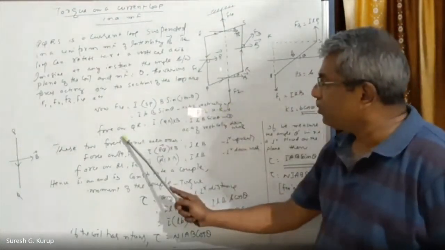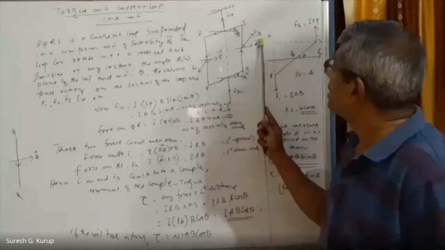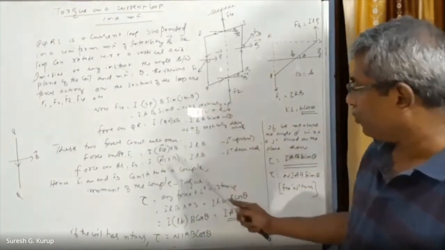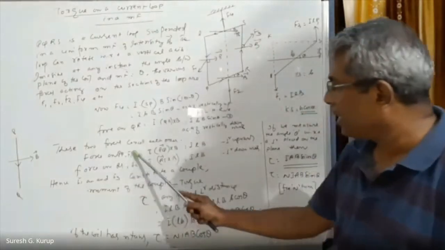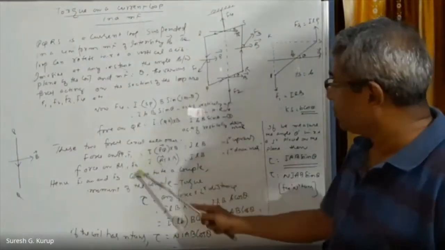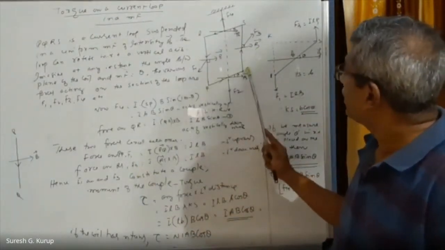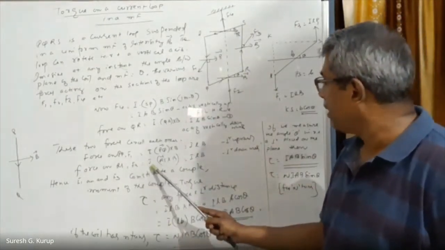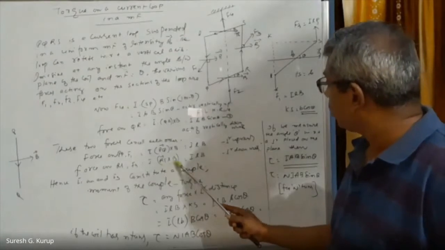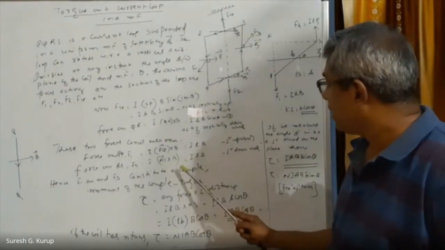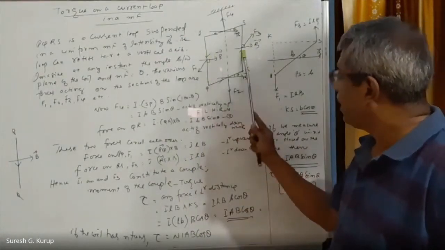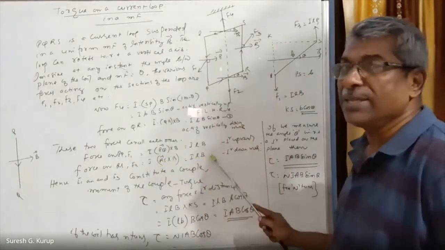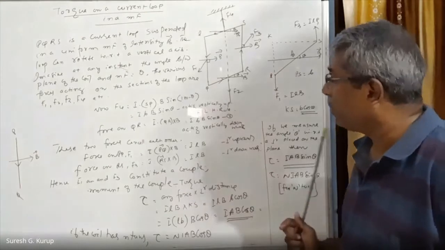And next, the force on the RS section. This is F1 and this is F3. F3 is this one, that is the RS section. The force acting on the RS section is I into RS cross B. RS is L. These two are length only. Therefore, RS is length. That is I into L into B into sine 90. That is also equal to ILB.